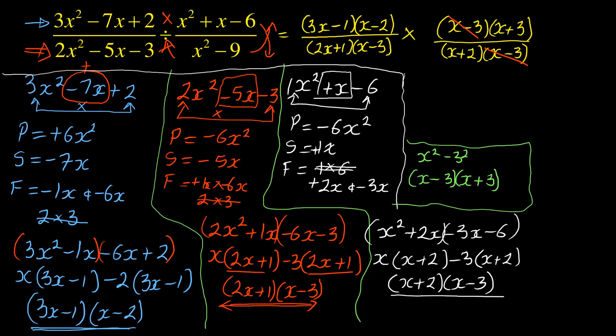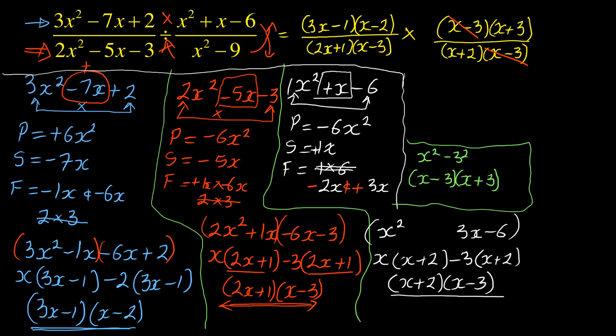Now look at this. If I check carefully, my factors, actually they are wrong. These factors were supposed to be the other way around. So where there is minus 3, it is supposed to be a plus 3, because I said you take the sign of the bigger number. So this is supposed to be plus and this is supposed to be minus. So because of that, I can go on and interchange here